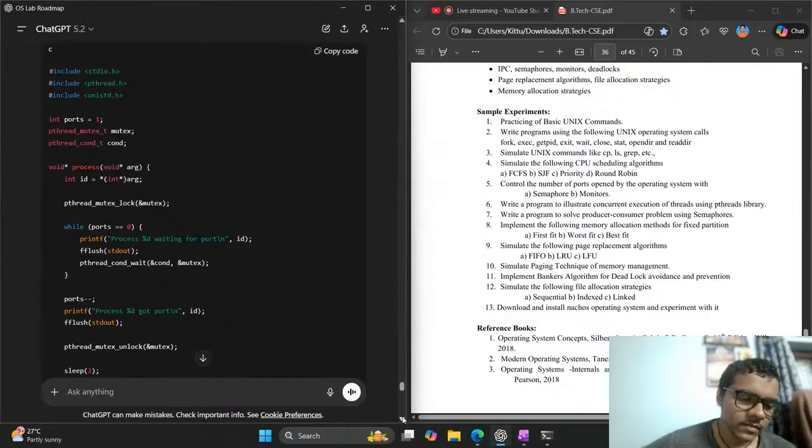And conditional wait for the condition. Okay, after locking, if this is the case, print the port, decrement the port, and